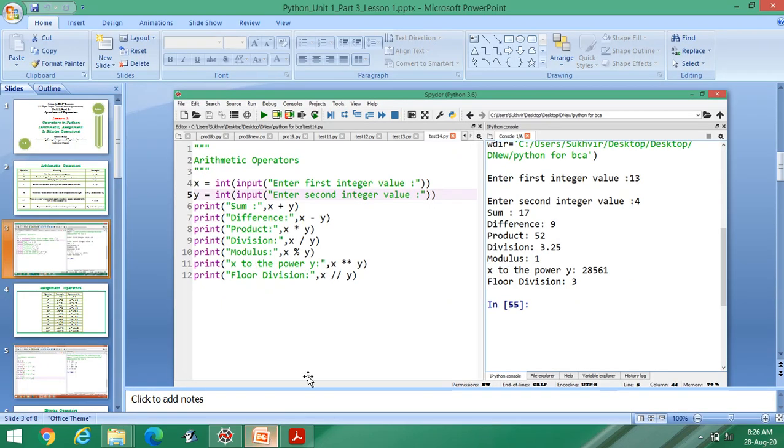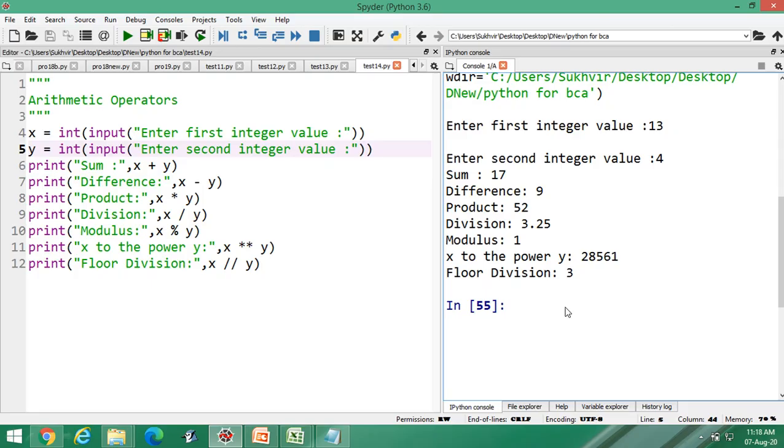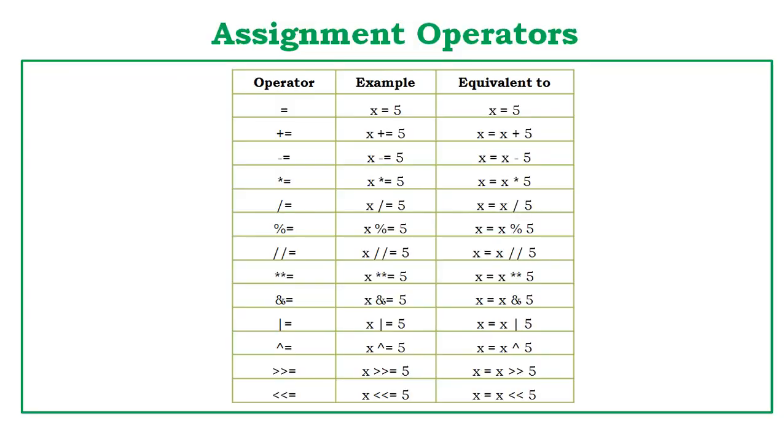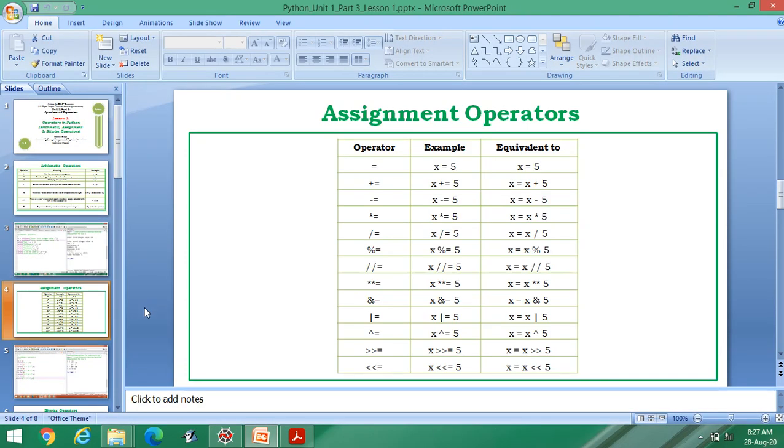Okay, let's proceed with the next content. I think this one is clear now. You can improve this content. Now the next one is assignment operator. Suppose I am writing x is equal to 5. It means value 5 is assigned to x. If I am writing x plus equal to 5, it's also known as shorthand operator. It means x is equal to x plus 5. Similar is the case with the negative sign, then multiplier, and then division. Let us try this one using programming.